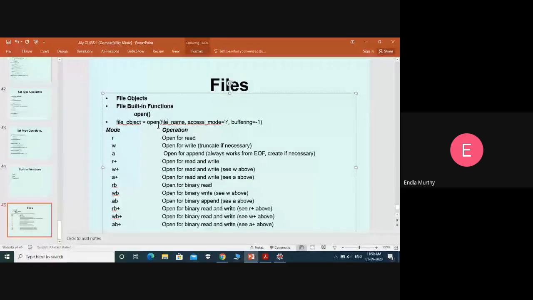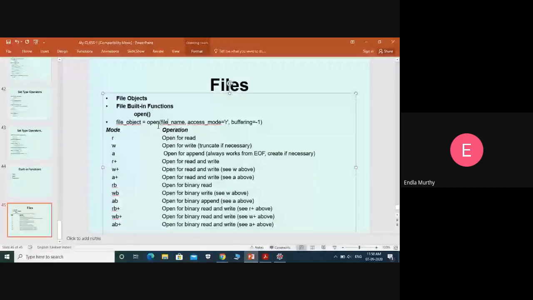For example, I have a file, and in that file I already have some data. If you want to write something into that file and you open it in the write mode, then all the data we have in that file gets truncated. Truncating means, as you know from databases, it simply erases all the data in that file, and then it starts from the starting position. Whatever data you are writing, it writes from the starting position, right? But if the file does not exist, then it creates the file. But in read mode, if the file does not exist, you may get an error, right? That is the thing.